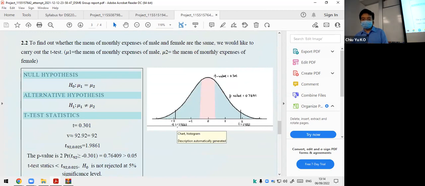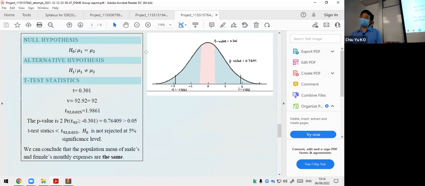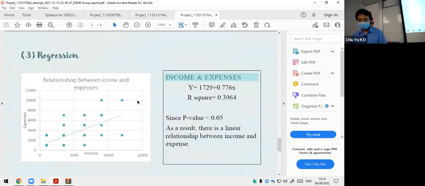In this one, is it men and women spend the same amount of money? Turn out that is the same. Okay, so interesting, because look at the data they have, the survey says that men would be earning more money, and they spend the same. So men save more money. For some reason, maybe they need to pay for the bills for the girlfriends, right? Or save money to buy a house, for whatever reason. Men keep more money.